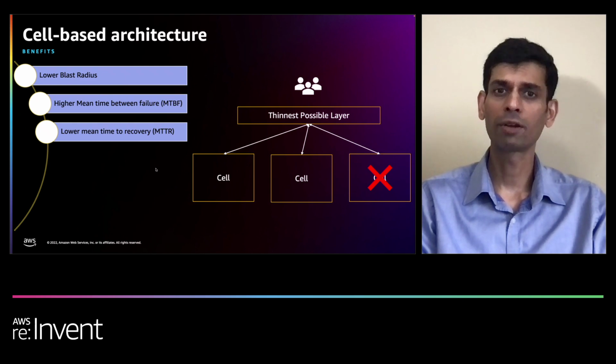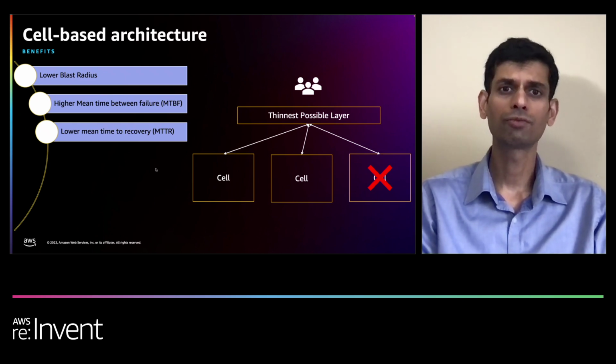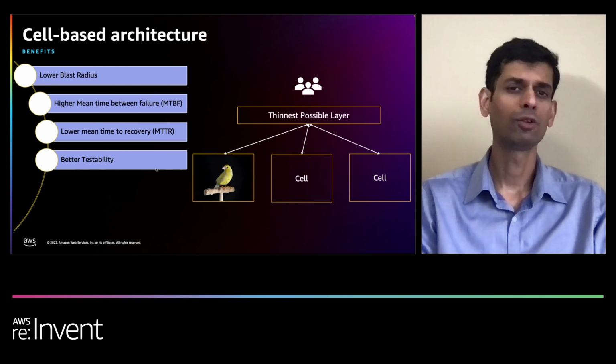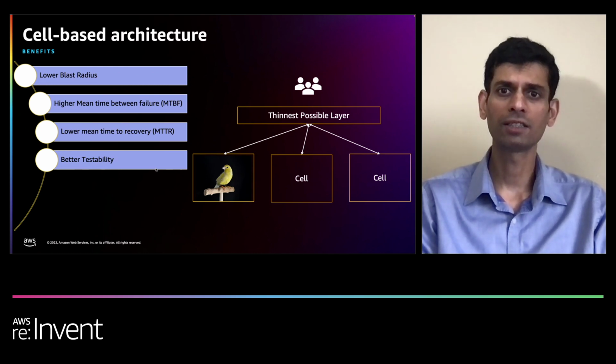So you should see a lower mean time to recover. Now, the capped size also allows for well understood and testable maximum scale behavior. So it provides for better testability. You can run your canary tests in one of the cells, or tests such as chaos monkey, and without impact